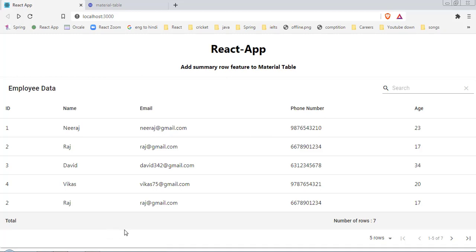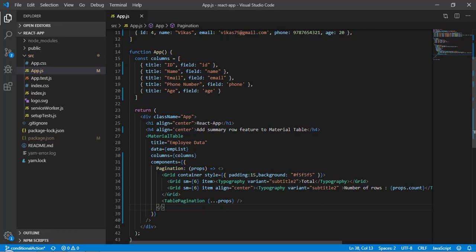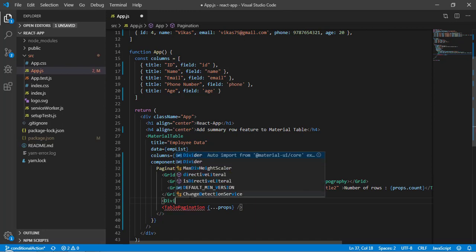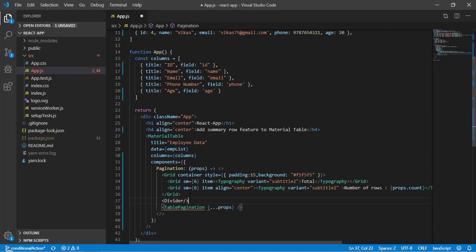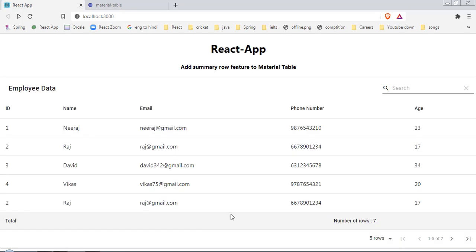Let's add a divider below the total, meaning our custom component. So here this grid is ending, and now I can add a property called divider. This divider is going to come from Material UI. Now save it and let's come back here.